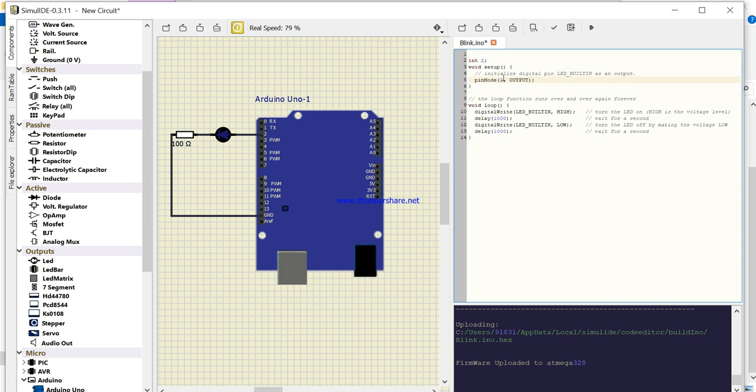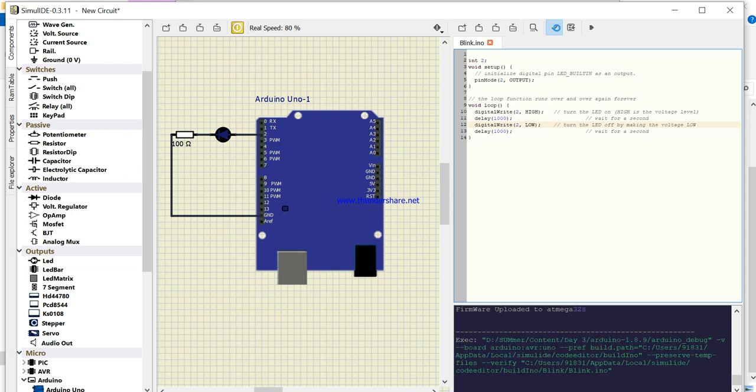I will write 2 here, and again change it to 2 here. Let's hit compile. I am expecting no error. If an error occurs, then we'll see what we can do.